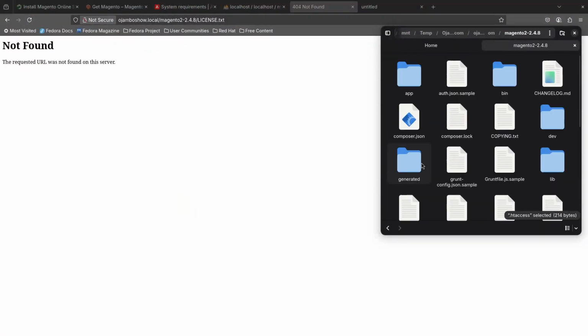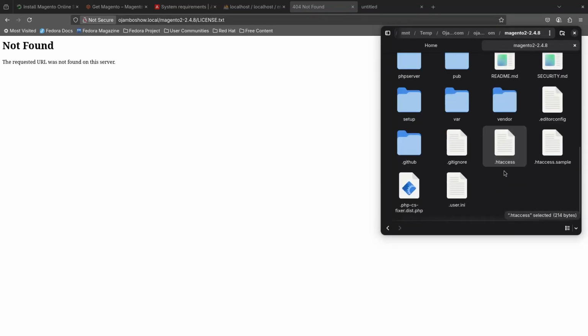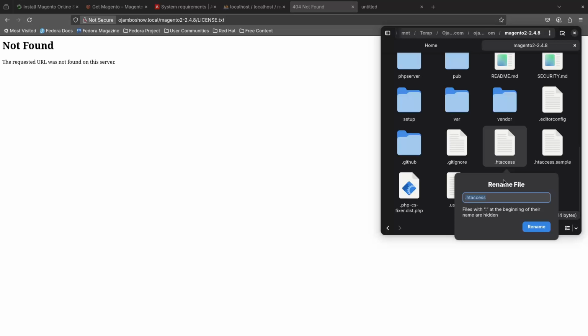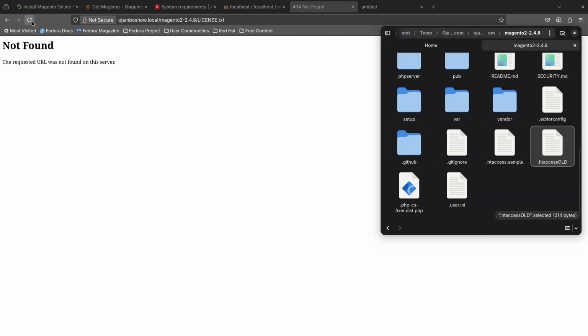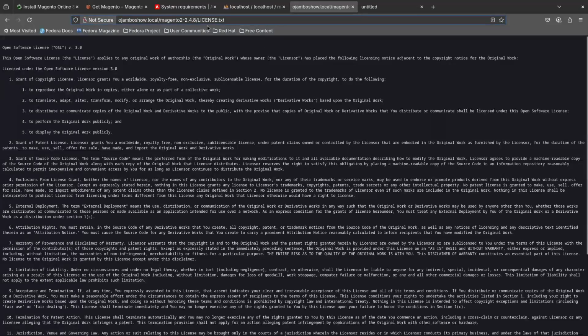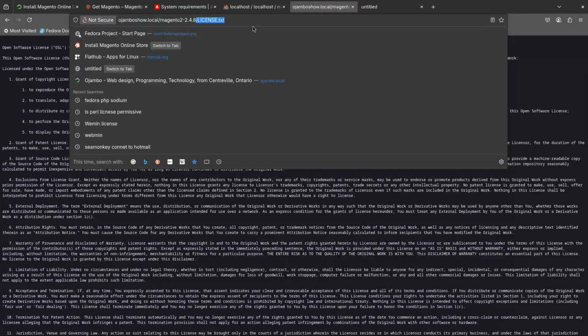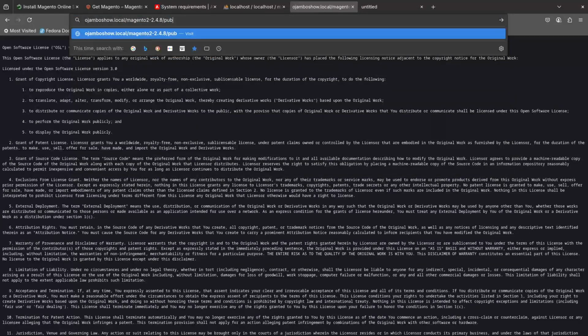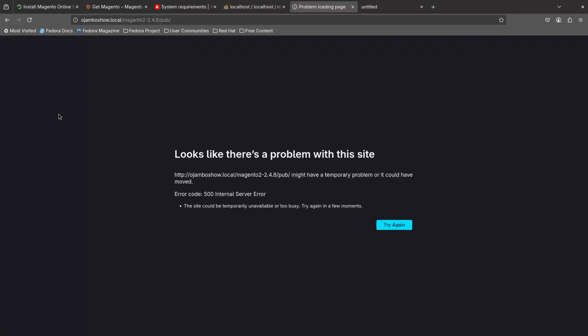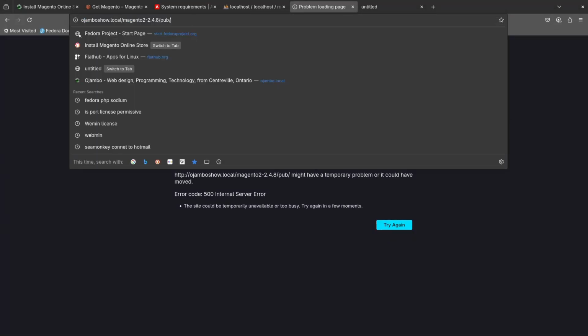Is there an index.html file in here? Okay, let me rename this to old. Okay, there we go. So it's that file that's being a pain in the butt. So if we go here, okay, there we go, pub. It's not giving me any error messages. Okay, here we go. So if I go to index.html,